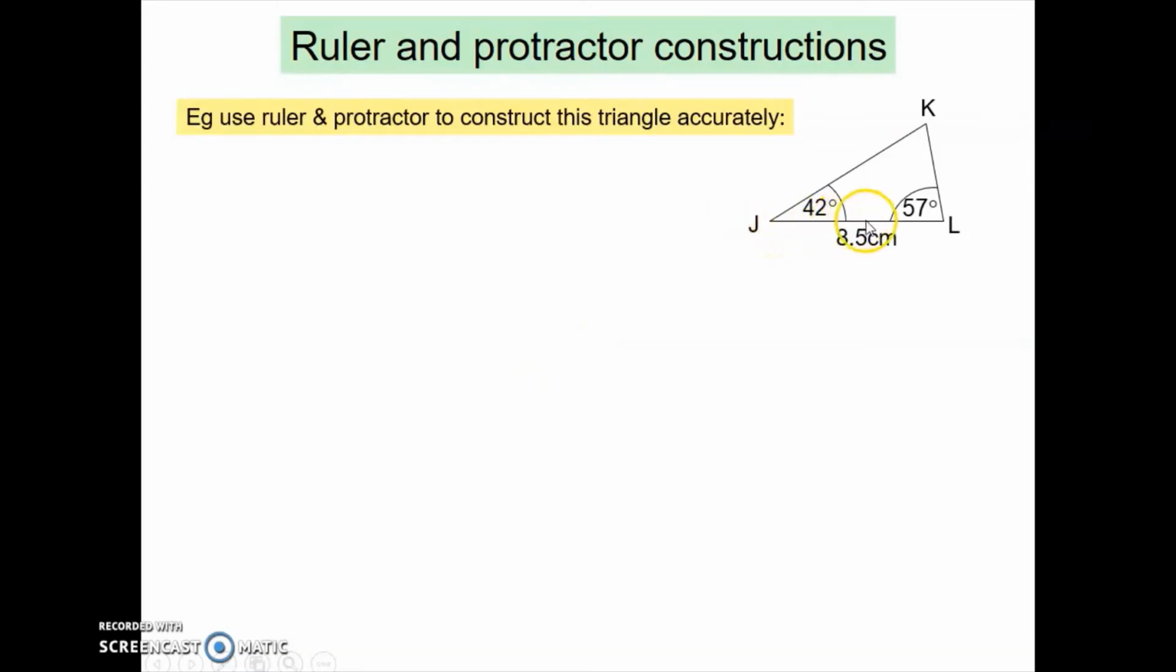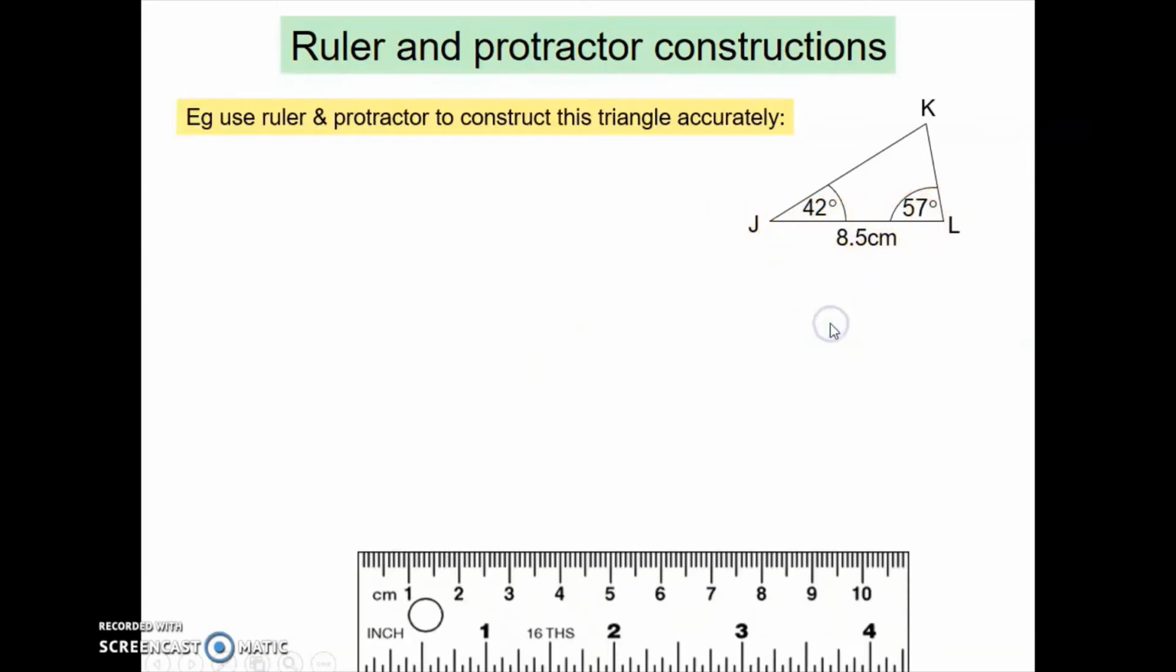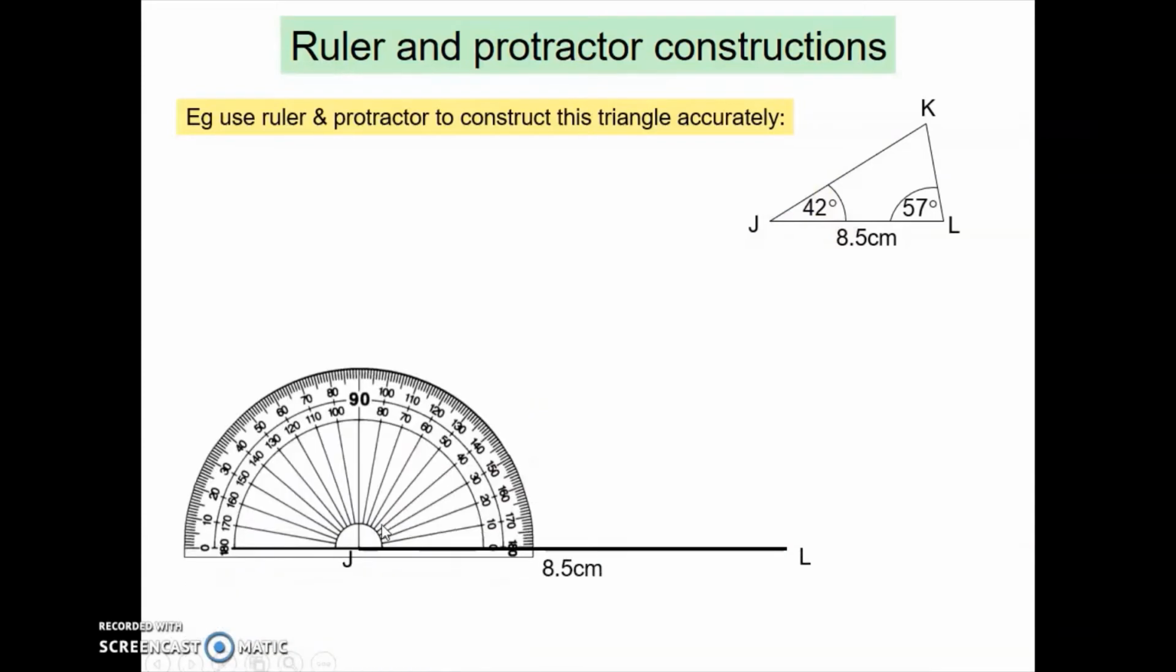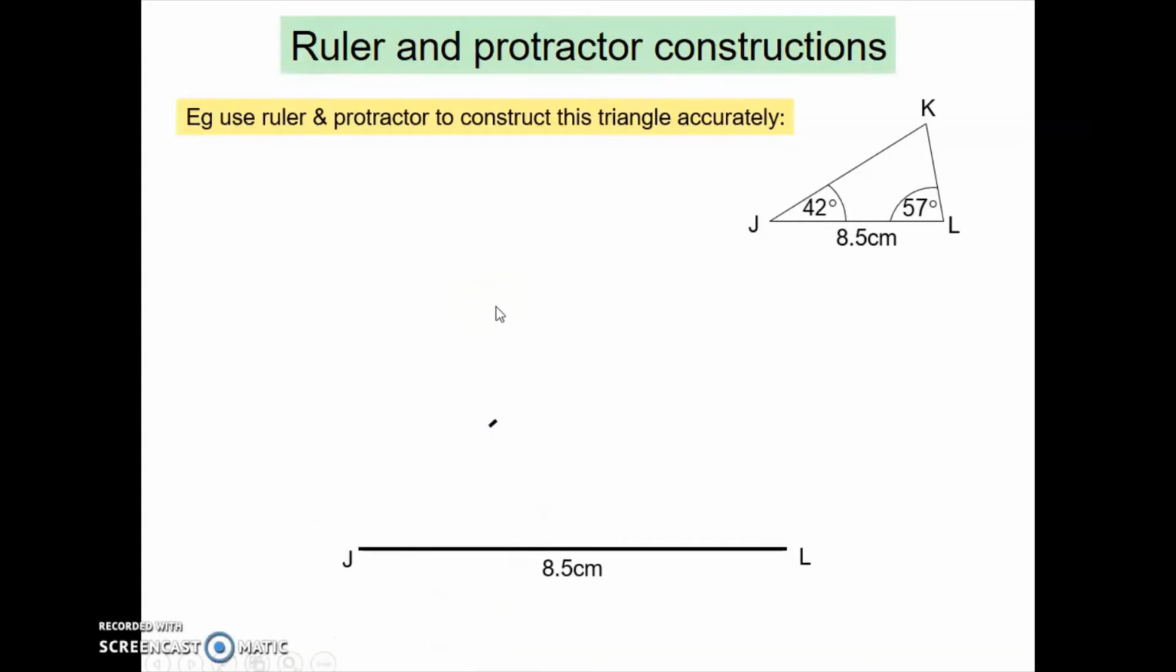First thing we know is the base of the triangle here is 8.5 centimeters. So I'm going to use my ruler to accurately draw 8.5 centimeters. Now I'm going to use this angle of 42 degrees and my protractor to measure an accurate angle of 42 degrees. Notice that I'm using the inside scale for this angle and that the crosshairs of my protractor are on the start of the line where the angle will go. So I just put a little mark there, use my straight edge or my ruler to draw in the line